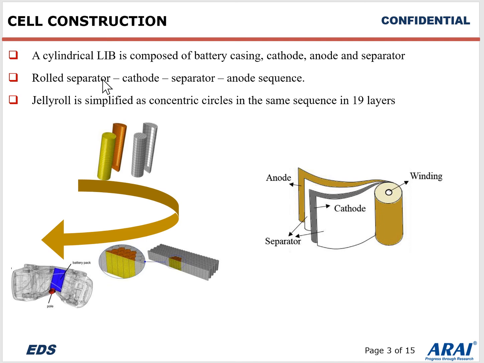A cylindrical lithium-ion battery is composed of battery casing, cathode, anode, and separator. In this we can see that there are different layers which are added up. There is an anode and a cathode, which are separated by a thin layer called the separator. The separator is the weakest part in the cell, and if it gets ruptured due to impact, a short circuit will happen and ultimately result in fire. So modeling each part with actual material properties is crucial to capture the event.